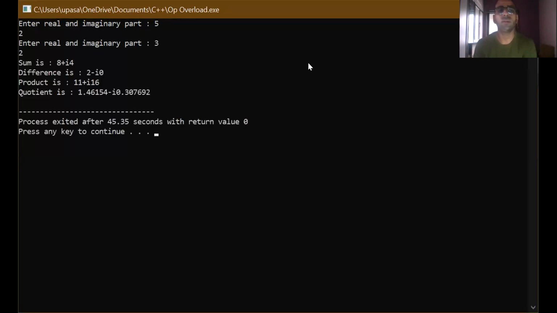We will have the sum, difference, product, and quotient as these respective values, and you can calculate different versions of the calculations with different values. Say you can have negative values also for the real and imaginary part of two different numbers. So for that case, you can just use the program given over there.